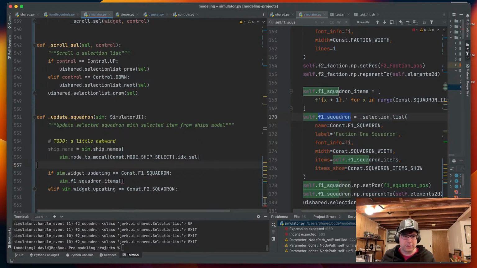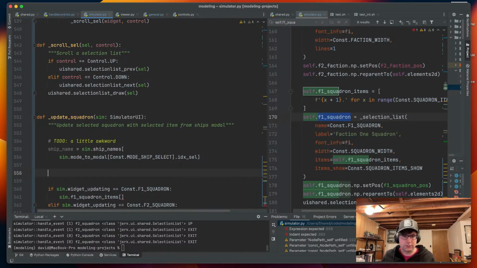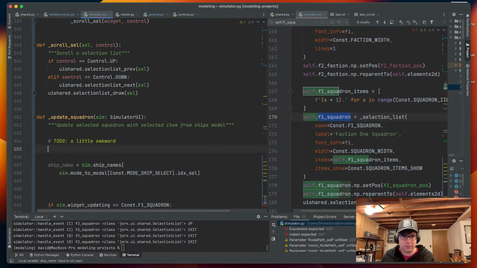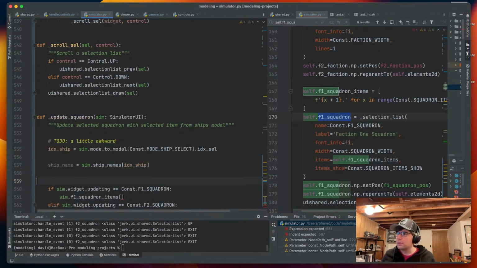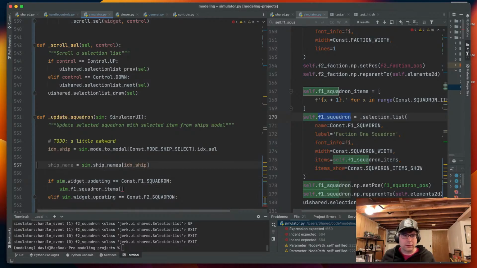Oh, and then we got to get the selected index of that. So actually, let's just break this out so it's a little bit easier. So the index of the ship is this. And then